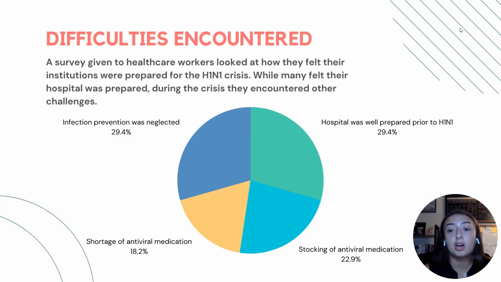Healthcare workers felt that their hospital neglected other infection prevention that was not related to the H1N1 virus. 18.2% agreed that there was a shortage of antiviral medication, while 22.9% agreed that their hospital was stockpiling antiviral medication. And overall, only 29.4% of healthcare workers believe their hospital was well prepared for the H1N1 outbreak. That is very concerning, because not even half of the frontline workers felt their hospital was equipped and prepared to